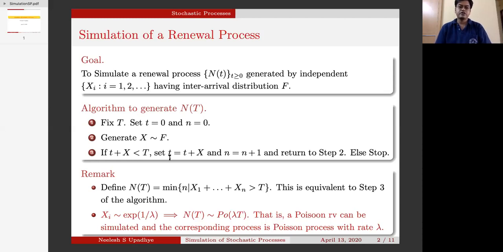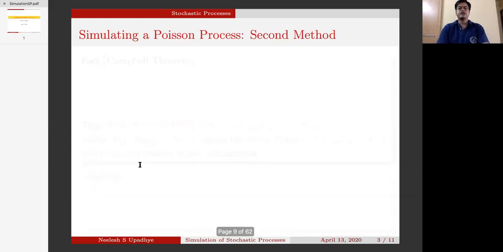Now let us focus again back on our Poisson process and see whether there is any other beautiful method for simulating a Poisson process. The answer is there are some beautiful theories developed around the Poisson process, because of which you will be able to see some interesting methods for simulating it. One of them is this fact,